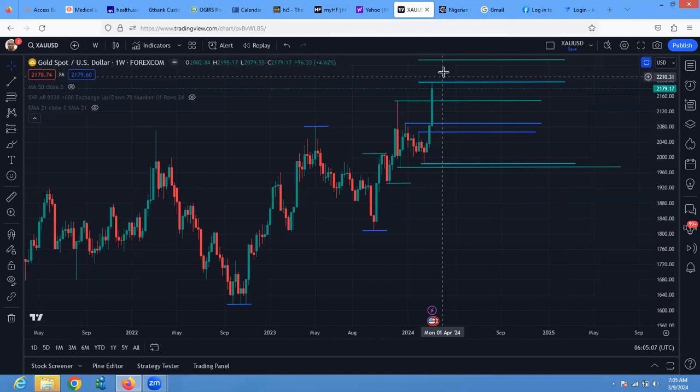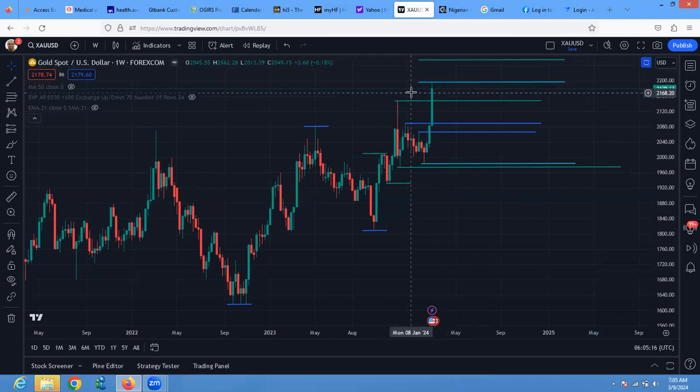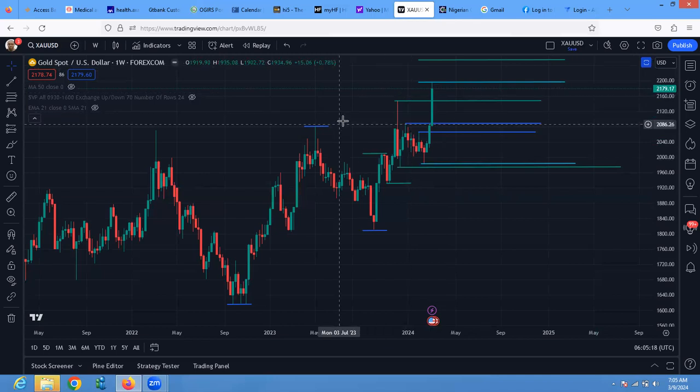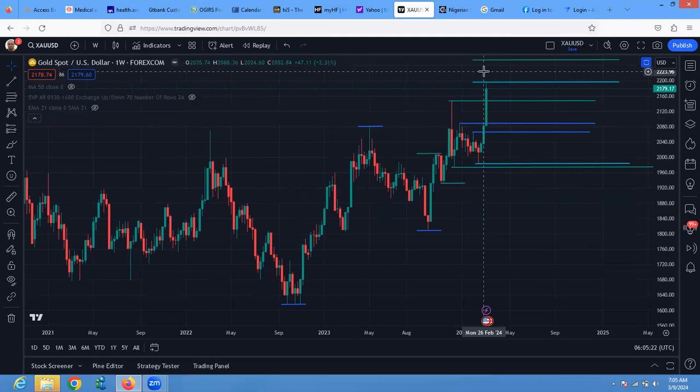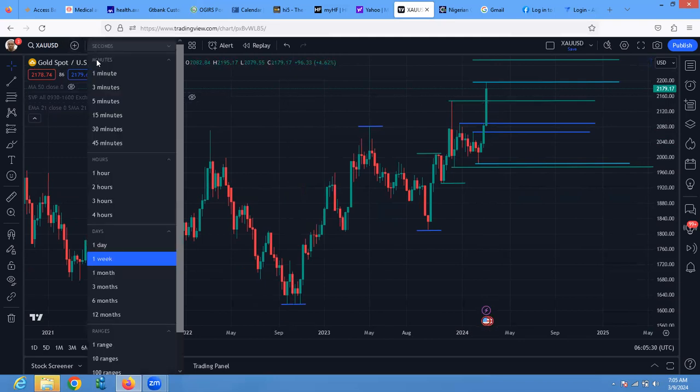So if price breaks above here, this will be the next area I will want to see reaction, but I don't think price will do that. But of course, until it gives us a sign, we cannot preempt and begin to jump. I'd rather wait and do nothing on gold. Wait for it to correct, start correction deep. Now, any sign of correction, just like I said,